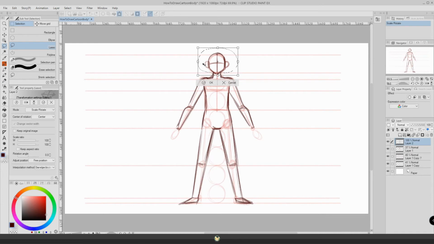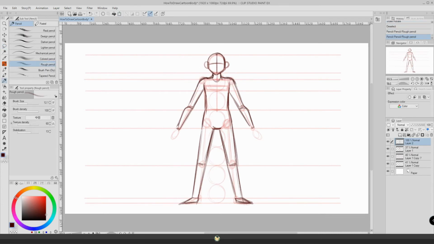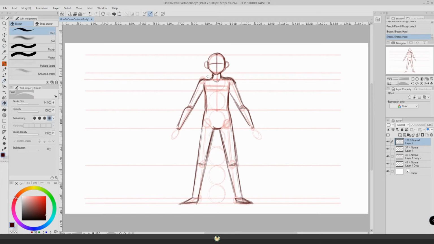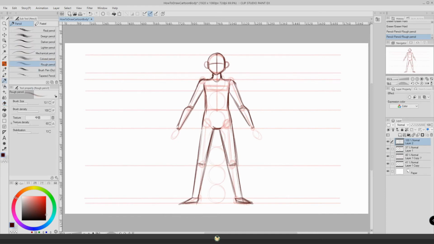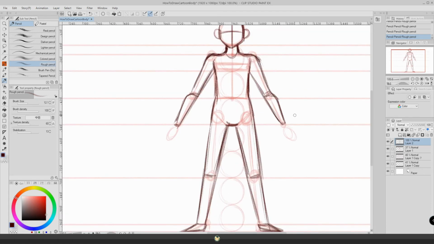The head here looks a little bit too small. Resize it a little bit. Fixing some things here. Remember, fix things as you go in your sketch. If you're doing this traditionally, I usually recommend going over several sketches if you feel like the first one isn't good enough yet. Alright, so now all we are missing is the hands, and for the hands we're going to